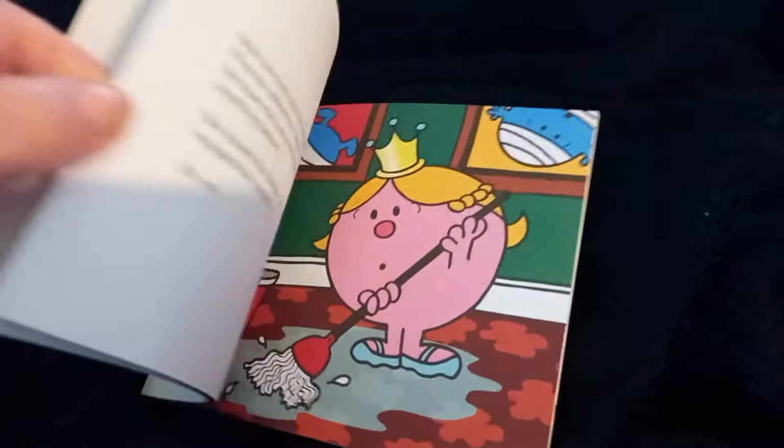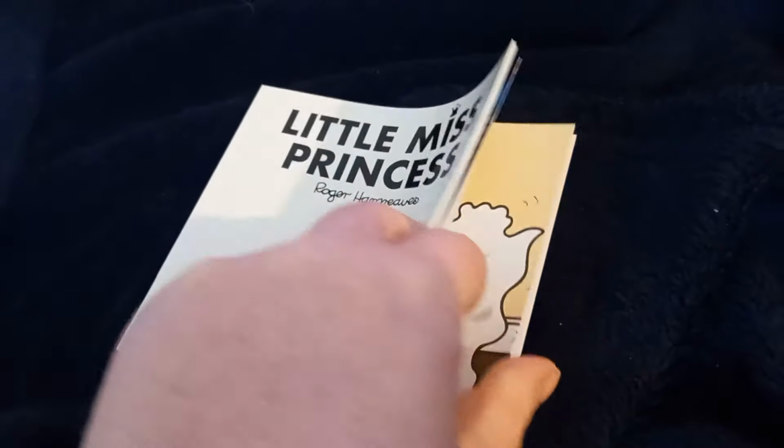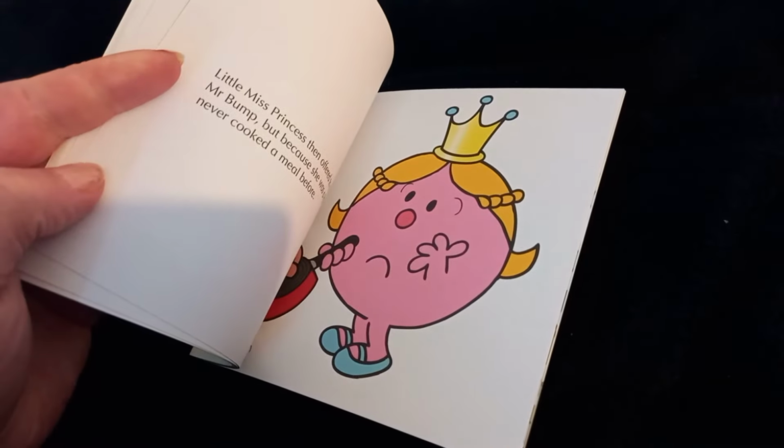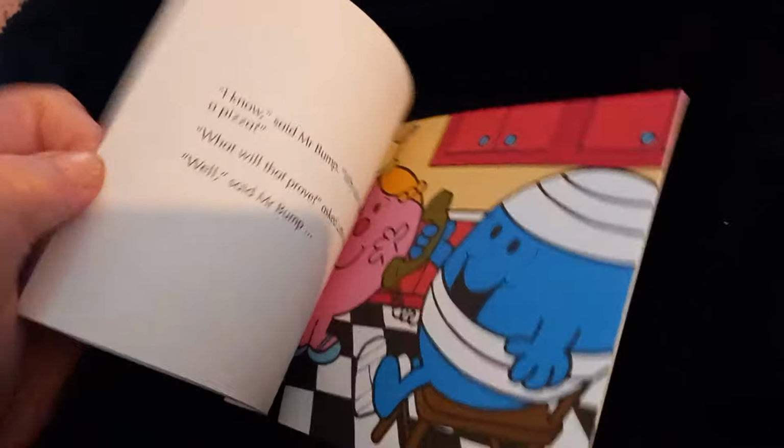And as we see, she doesn't know how to do things like cleaning. She doesn't know how to cook. She doesn't seem like she can do anything at all, and she's feeling quite sorry for herself. So ultimately, Mr. Bump says that you can order a pizza